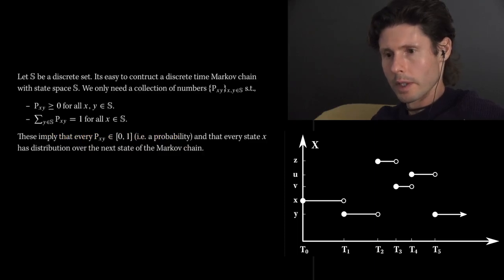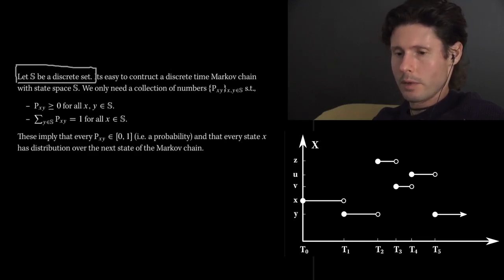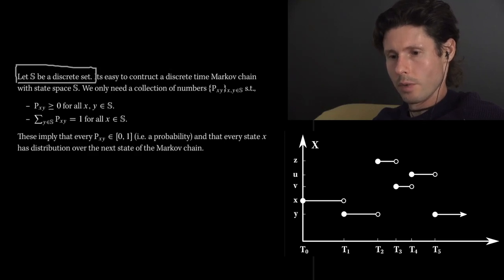So before we get into continuous time Markov chains, let's revisit discrete time once more. There is going to be a state space, which is discrete as well. So this is not to be confused with what makes a discrete time Markov chain discrete. There's always going to be a discrete state space as far as we're concerned, the values that the Markov chain will take. And then there's, of course, discrete time. And once you have a state space and you've decided on these discrete time units, all you need is one-step transition probabilities to make this Markov chain come alive.